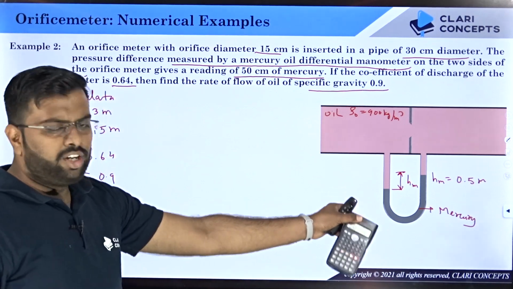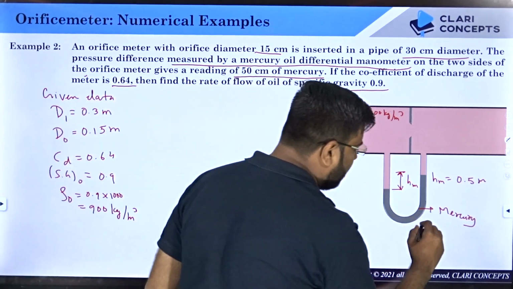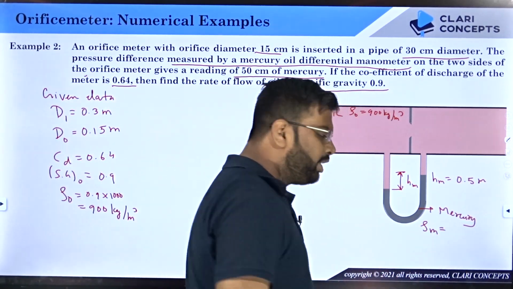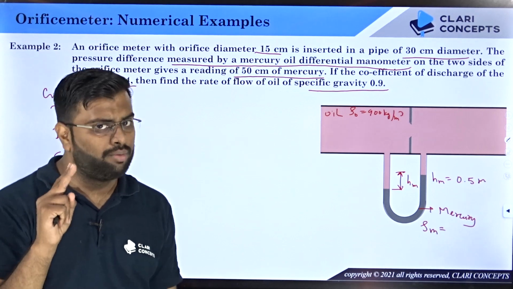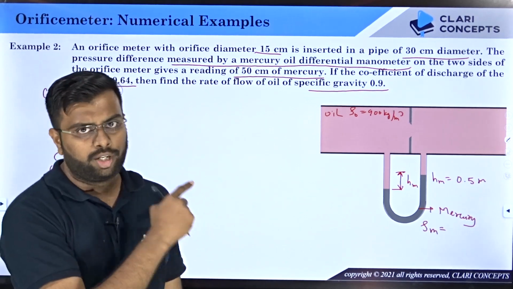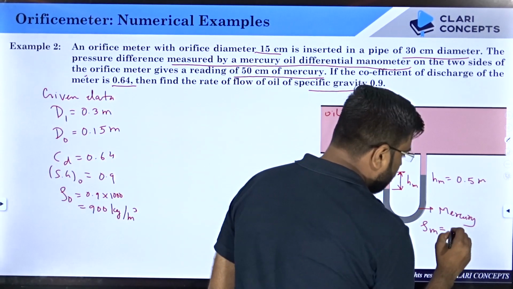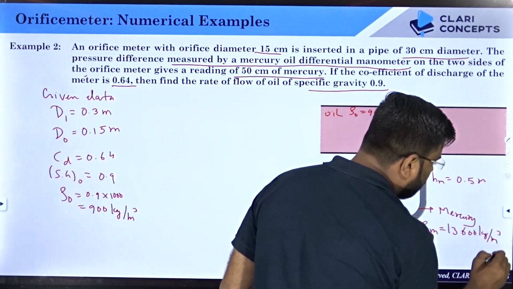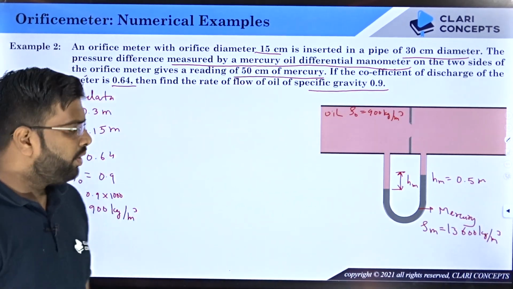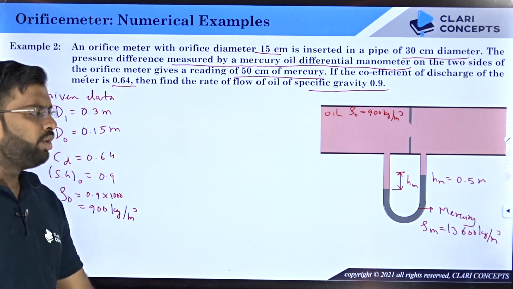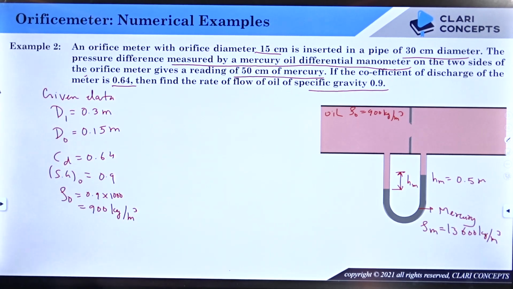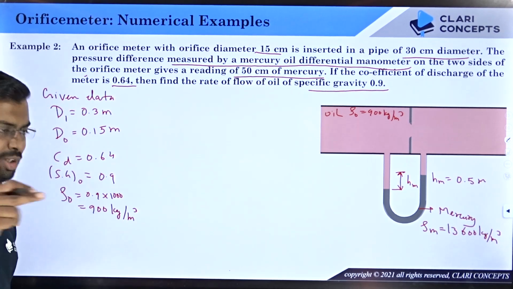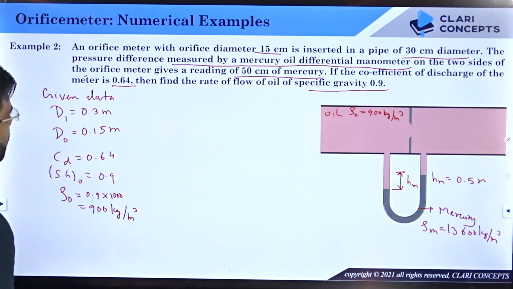Now you will need density of mercury as well. So I said you earlier also, there are two fluids where density have to be remembered. One is for water, one is for mercury. So please keep this in mind, because many a times in numerical people may not give you density of water or density of mercury because they treat that they are both the fluids which are used many a times in the industries. So as an engineer you must know the values.